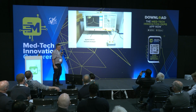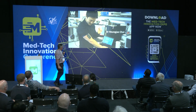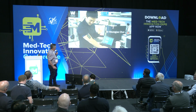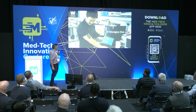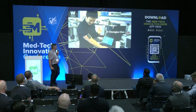You know, we have boxes like this that you pay Keysight, you know, £50,000 for, and you can do these sorts of measurements. You notice there's a nice ping going on there, okay, on the bench. What we've done with Wellcome over a period of about 6 or 7 years or more is to scale that down into a wearable sensor. So this is Hongjae Che, who's one of my colleagues at Cardiff, who's done a lot of the legwork on this, actually. And that's the Gen 3 wearable sensor that we developed with Wellcome funding through